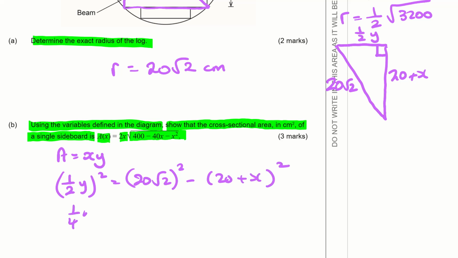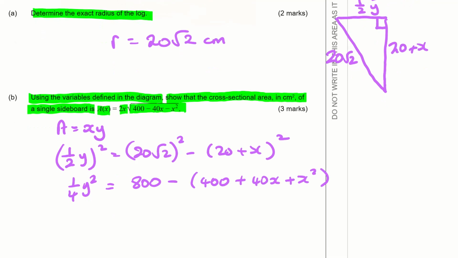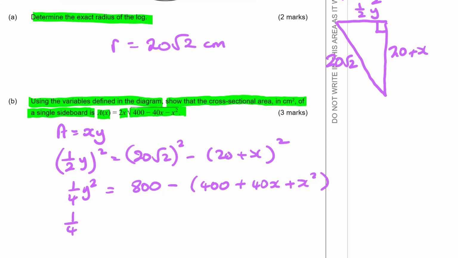So 1/4 y squared is going to be 800 take away 400 plus 40x plus x squared. So 1/4 y squared is going to be 400 minus 40x take x squared,